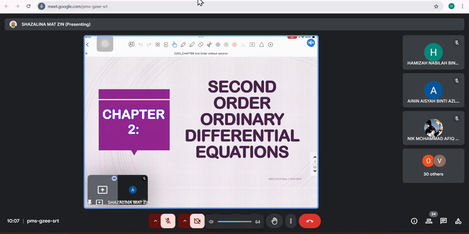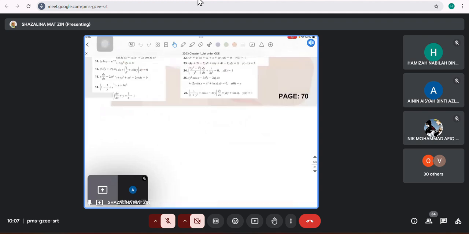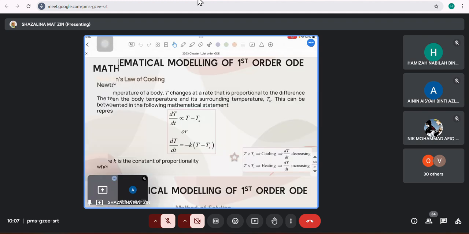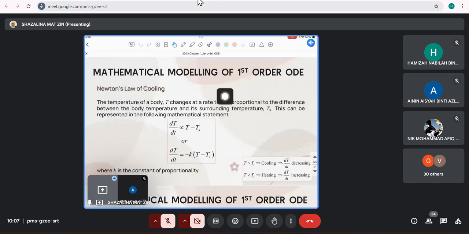For chapter second order. Okay, number 2. Actually, for our first, saya tunjuk dulu lah. First chapter, we have not complete yet. Okay, yang ni tak masuk lagi. So, disebabkan mathematical modelling of first order ni, dia sikit je. So, I'm going to continue this section tomorrow morning at 10